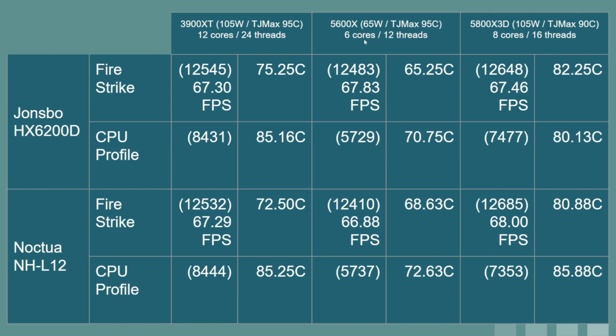Now, the 5600X, it's only 6 cores. Interestingly, you can tell that it's definitely scoring lower than these other two CPUs. But when actually going through and playing games, it kind of keeps very close to even the 5800 X3D. And then same thing with the 3900 XT. The FPS for one of the game tests, I just took the first one, you can kind of see that definitely